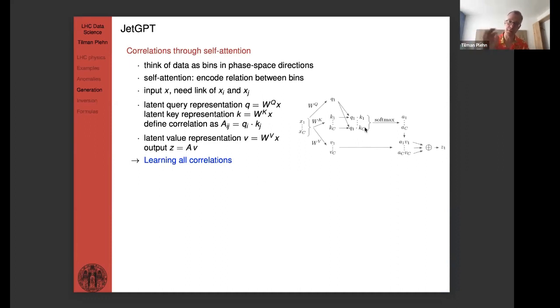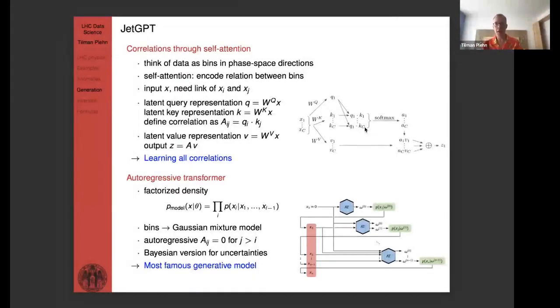You could also argue that as physicists we often know what the structure is, but whatever, we can do that. The second thing that the transformer as a generative model does is autoregressive. So it assumes that your phase-space density is a product of conditional densities going from one space dimensionality to the other. So if you first evaluate, say, the angular correlations, some angle, and then given that angle, you now walk into the next direction, which could be the rapidity, and then you walk another direction, which could be the PT. And the key is that you do one of them after the other.